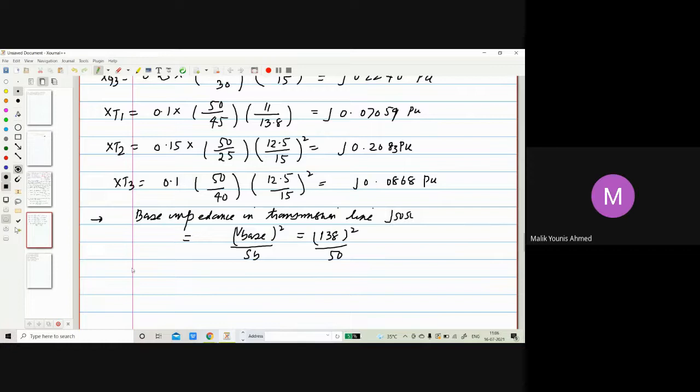So therefore, the per unit impedance value for the j50 ohm transmission line will be the actual value 50 divided by the base value, and that will be 138 square by 50. I have not calculated the base value, no need, you can calculate it one time only. This calculation will come out to be j0.1312 per unit. Now it's in per unit. So similarly,